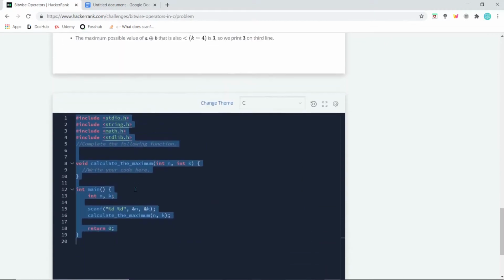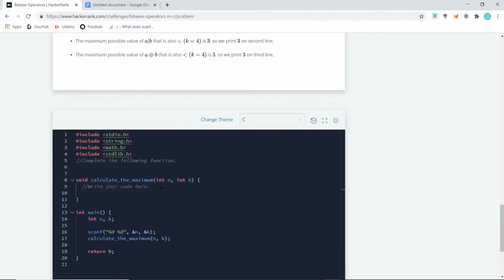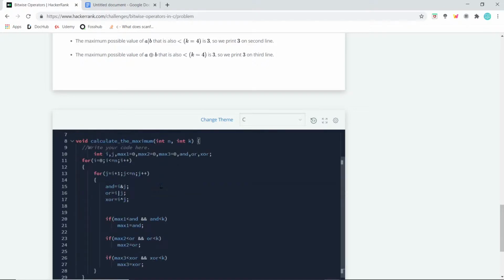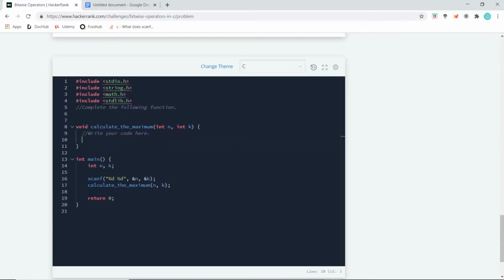Okay, like that. Now we have to write the code for what we already did there, right? So let's just paste the code, and I'll explain each and every line how that works. Okay, so first we have declared two variables. This is already done for us. Two integers n and k were already declared. The input was already taken, and we had this calculate the maximum function with the parameters. Now we have to write the code for this function.